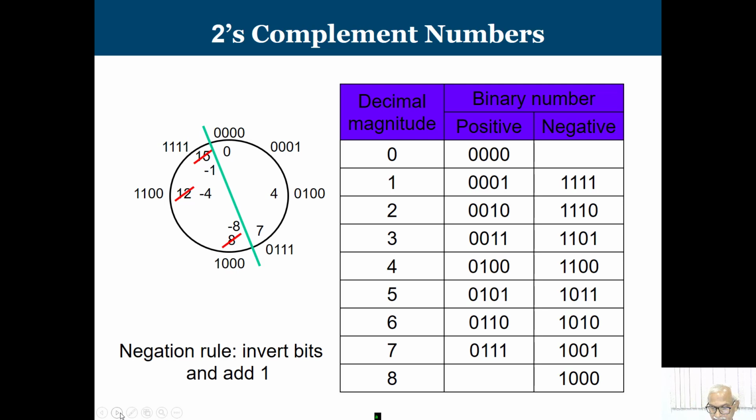So, again the similar thing that we are representing with the help of this circle, from 0 to 15, and now you just see that we are having only one representation of 0. So, here I do not have any symbol. So, we can use it for this symbol. We are going to say this is the minus 8, 1 0 0 0.